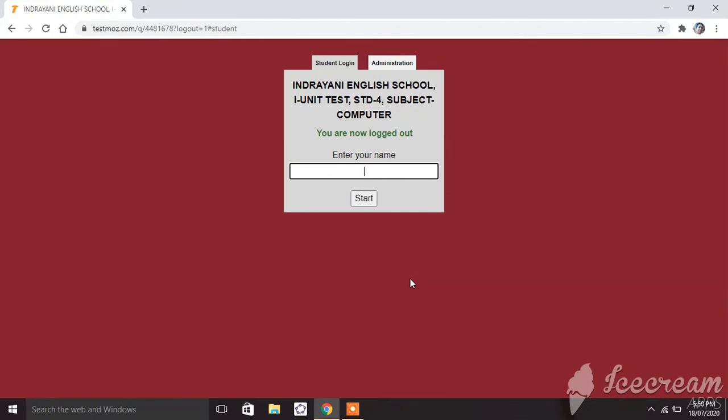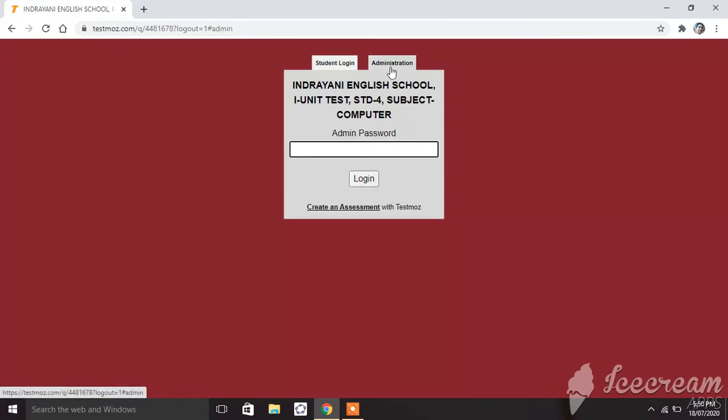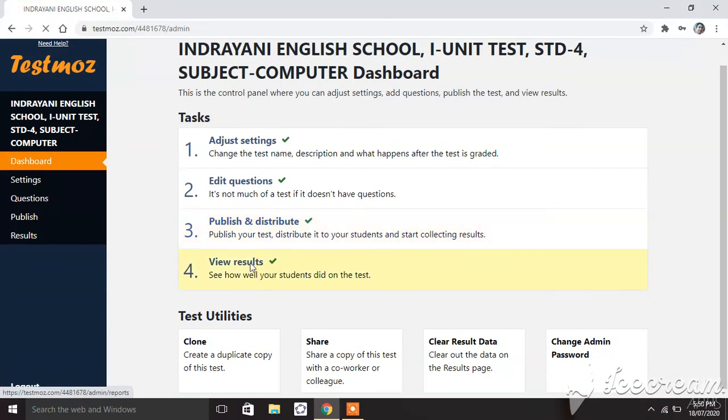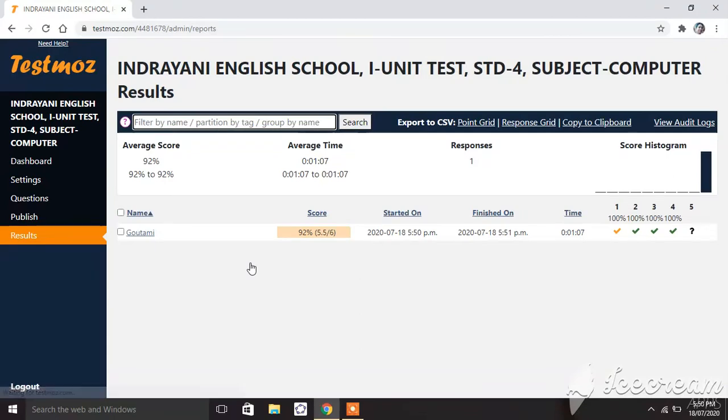Okay, when all students will solve this, as an administrator, as a teacher, I will type my password. Okay, just click on view result. Here you can see how many students appear this test, how many students attempted this test.